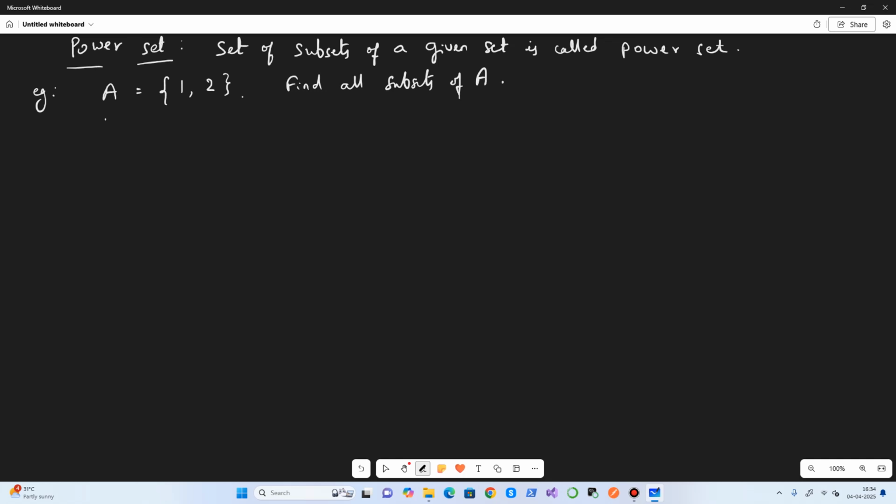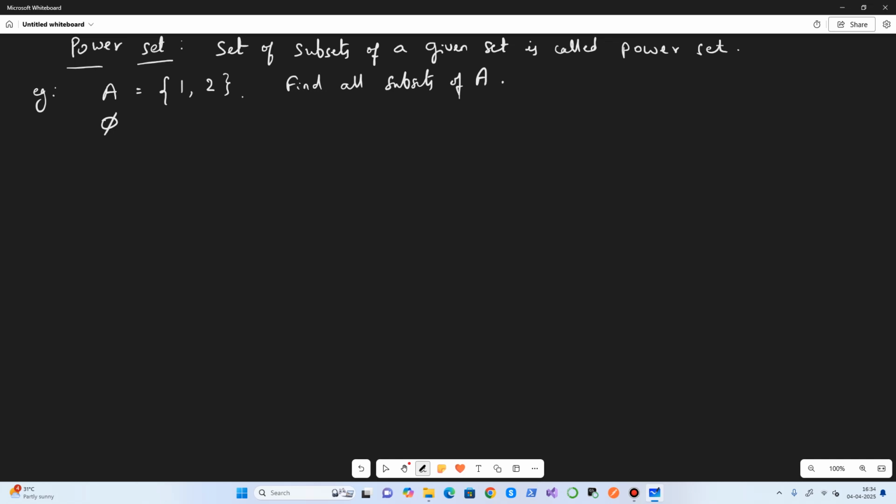So the first set that comes to mind when we talk about subsets is the null set, which is a special set which is a subset of all sets.